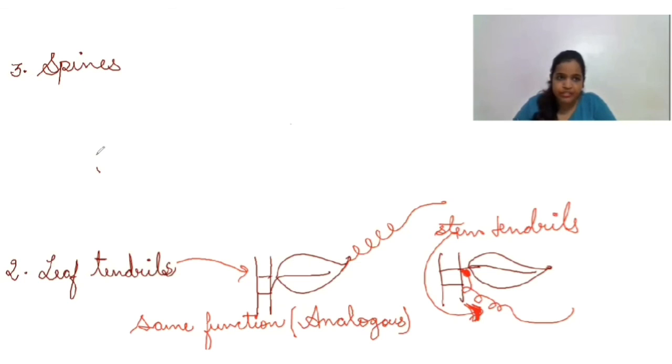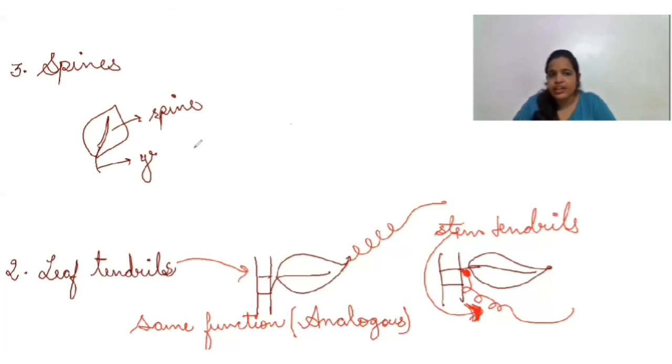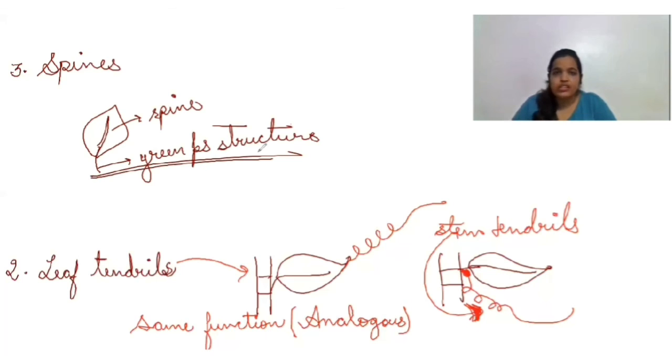So this is a leaf, right? Now this leaf will become spine shaped, it will form the spine, and this petiole forms the green photosynthetic structure. Clear? So this type of arrangement is known as phyllodes,